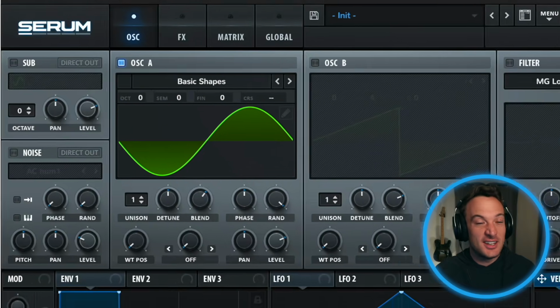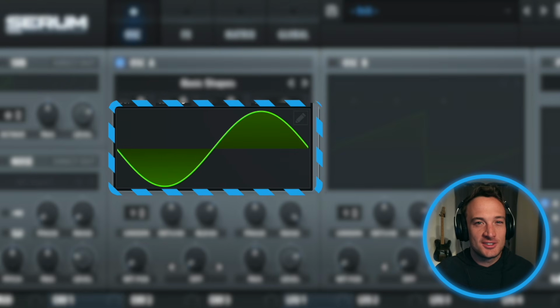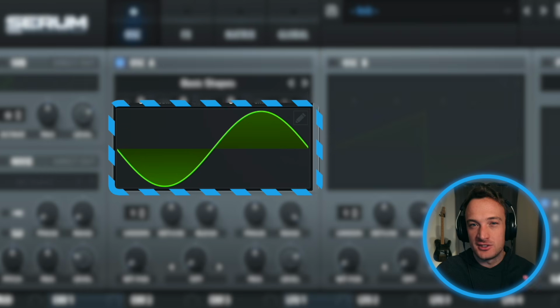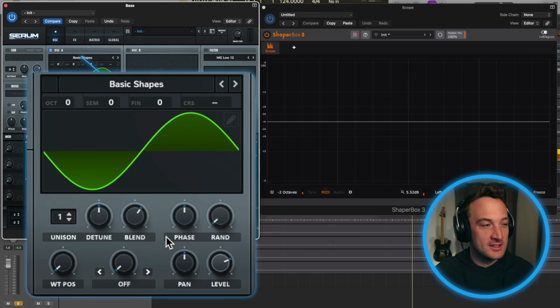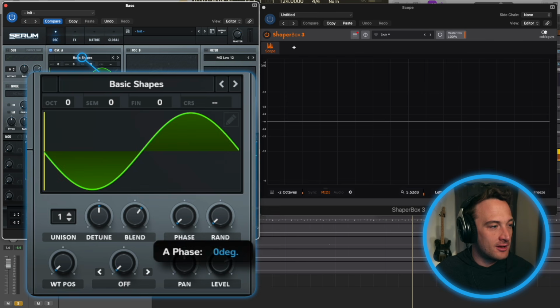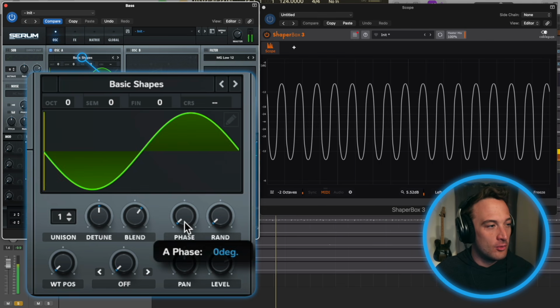The sound you're hearing is this sine wave. All a synthesizer does is loop this wave over and over again at different speeds. You can see that wave looping over and over again in the oscilloscope. The thing is, you have control over where you want to start this loop. You can start it at the beginning of the wave, or the middle,